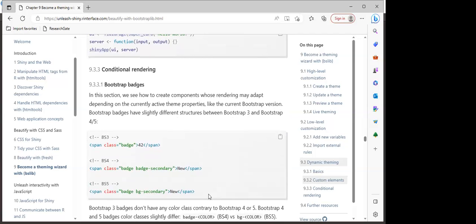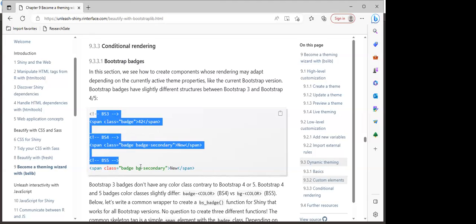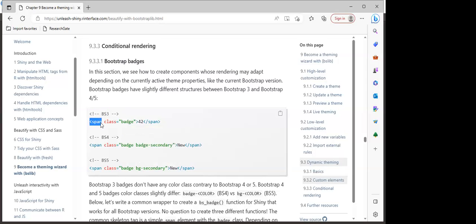So they also discuss conditional rendering in the book. In this conditional rendering, they were toggling between the Bootstrap 3, Bootstrap 4, and Bootstrap 5 versions. They are trying to show that we can iterate between these three versions of Bootstrap, because looking at Bootstrap 3, we have the span class, which